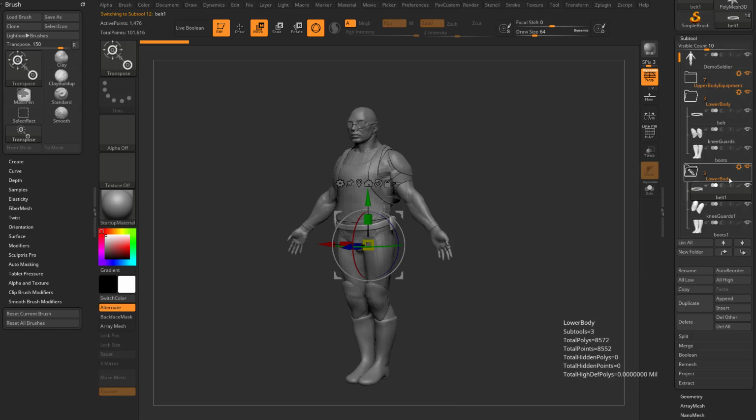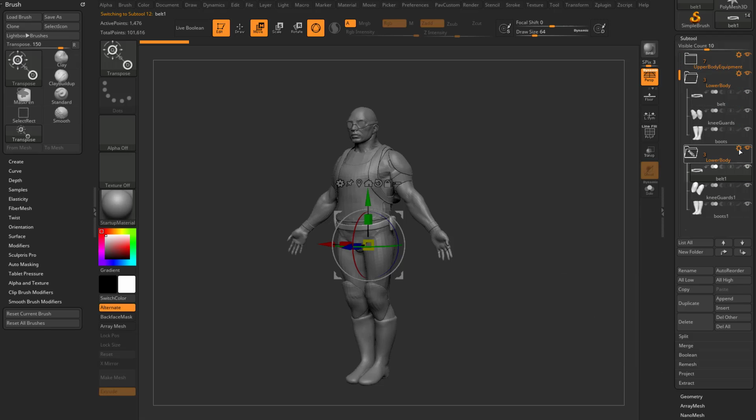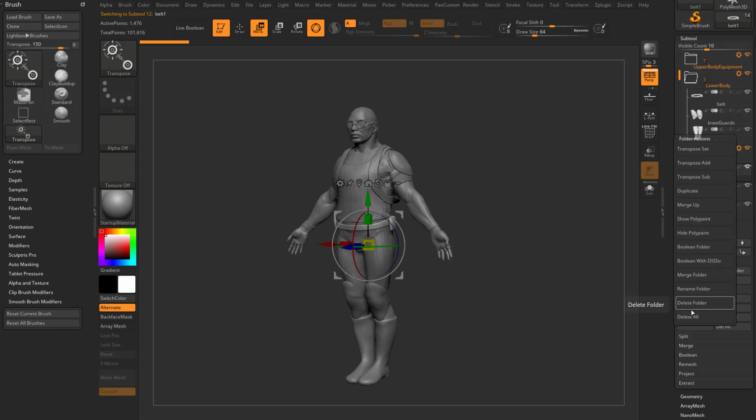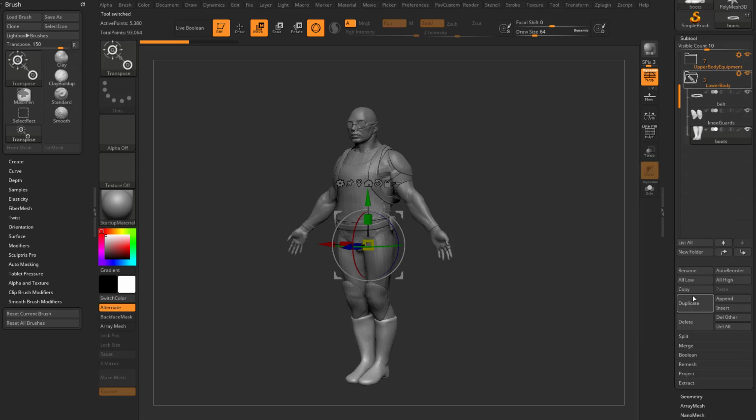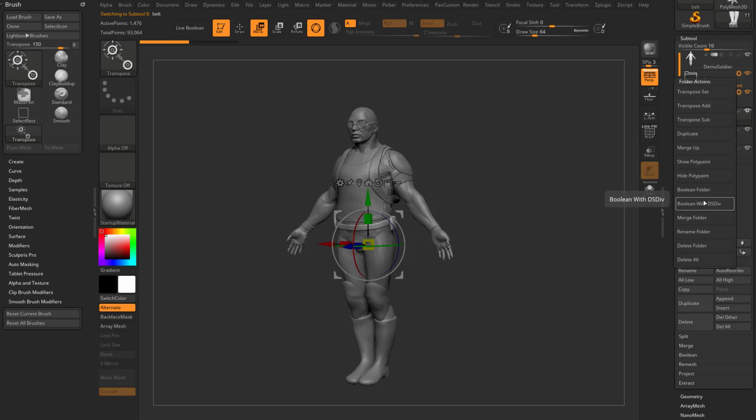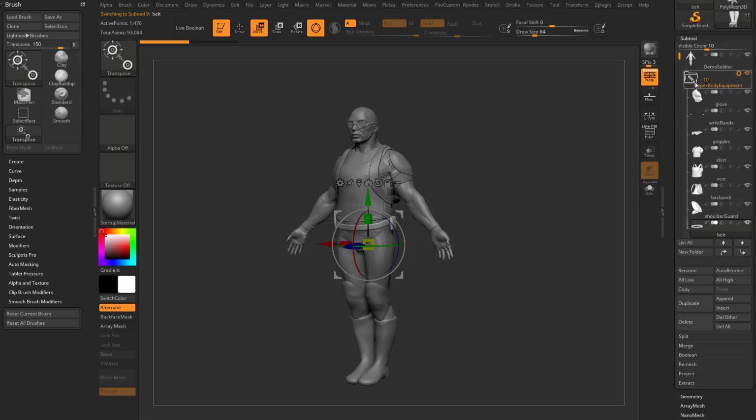And then this time, let's go ahead and select this bottom lower body folder, go into the gear icon. Instead of saying delete folders, say delete all. That's going to delete all the objects and the folder as well. If we have lower body folder selected, and we go into the gear icon and we say merge up, that's going to take all of the objects that were in the lower body folder and merge it up in here